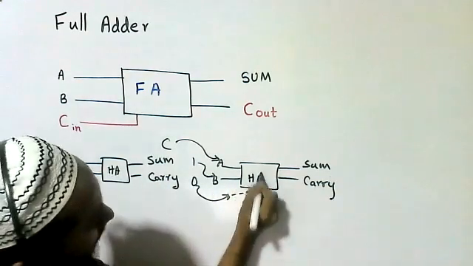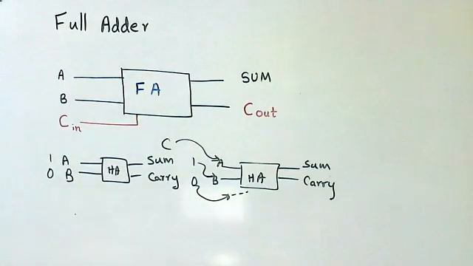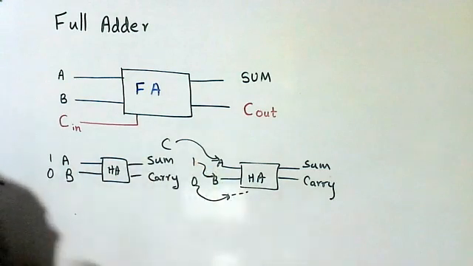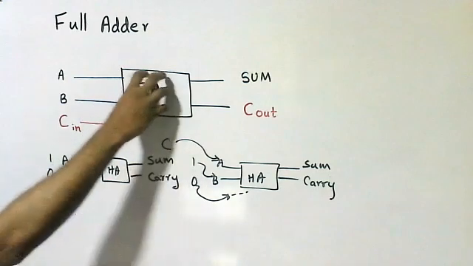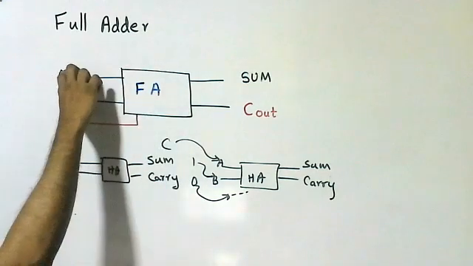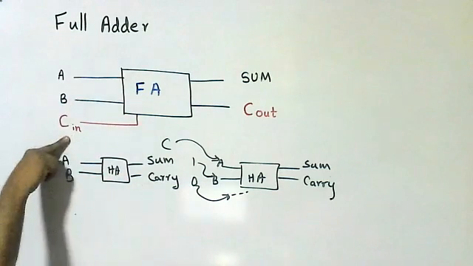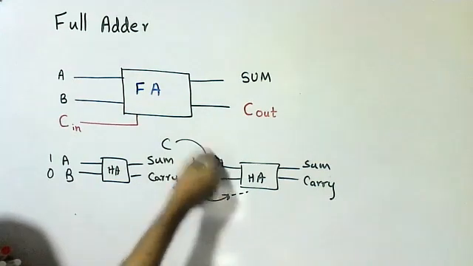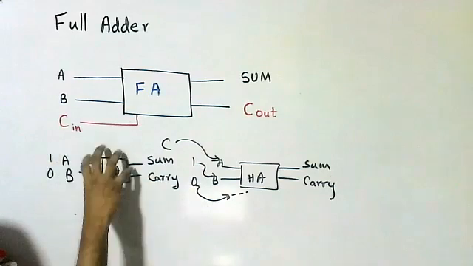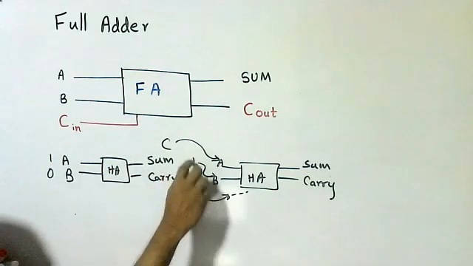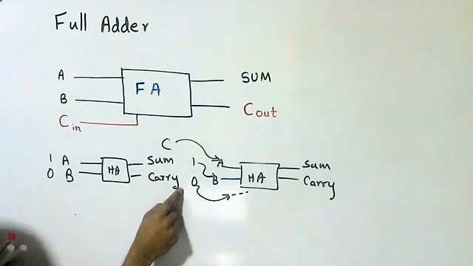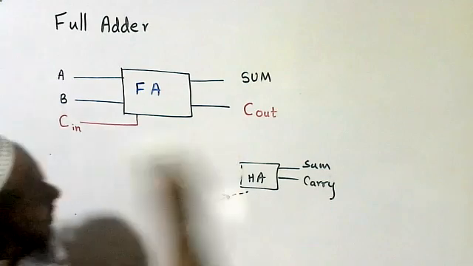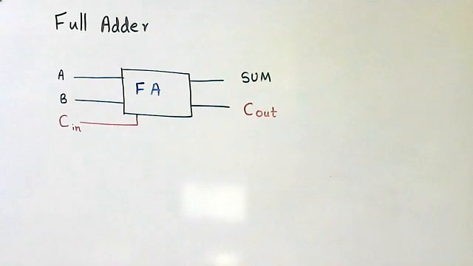Half adder. So we can add only 2 single bits. We can't add binary bits sequentially using half adder. Therefore, we have to go for a full adder. In full adder, 2 input bits and 1 carry in bit are there. So here it is possible. 2 inputs means C, 1 input, and sum. We got sum by using this half adder. So 1 input and carry. So it comes as carry in. Right? That is the concept of this.